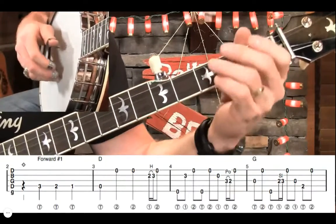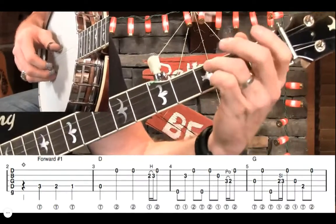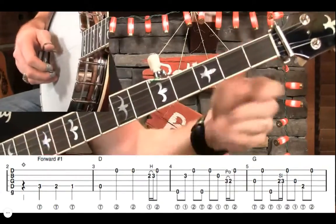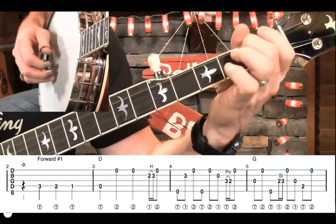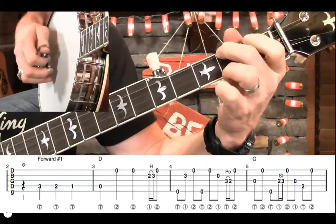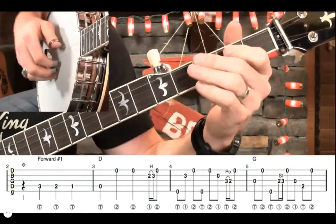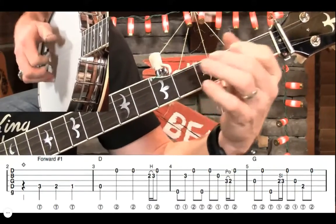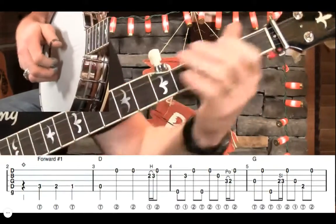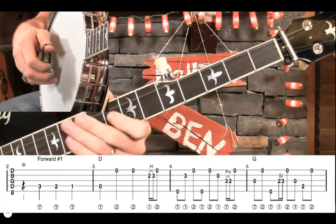So we're going to come in there, that first measure that you see, it's labeled measure 2. We're going to come in on the second beat. And I'm just going to be walking in chromatically, because many times that's the walk in that I'll use, to go into that D lick, that D ending. So that's what we're going to do. We're going to go right into there, and then starting in measure 3 there,